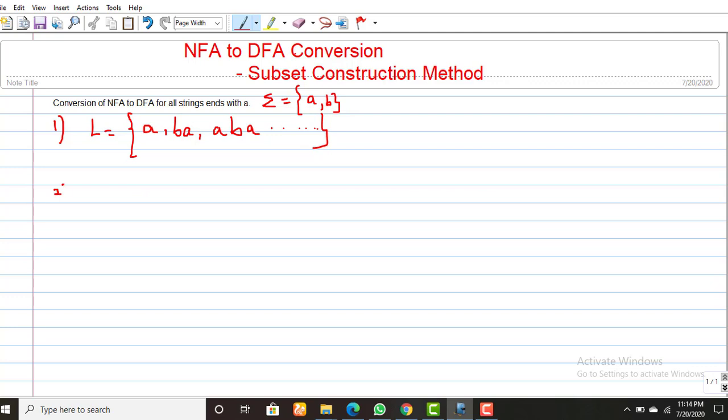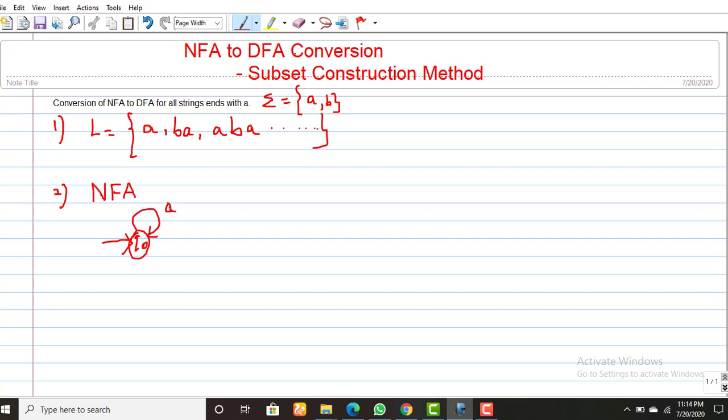So it's the second step. In the second step, you have to construct the NFA. Constructing an NFA is much easier compared with a DFA. In this problem, your string ends with A, so you don't bother about the starting string. Starting state Q naught, I won't worry about the starting string.